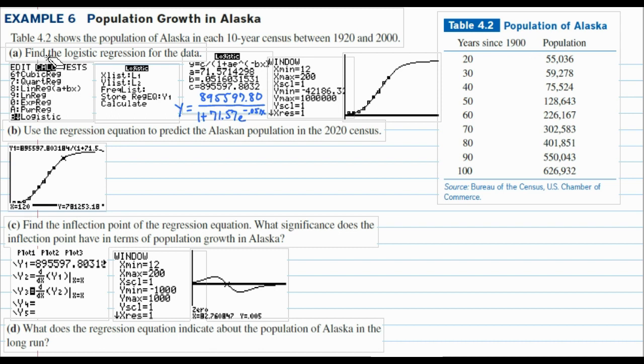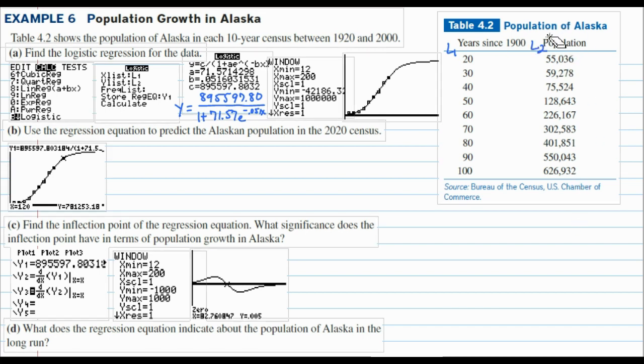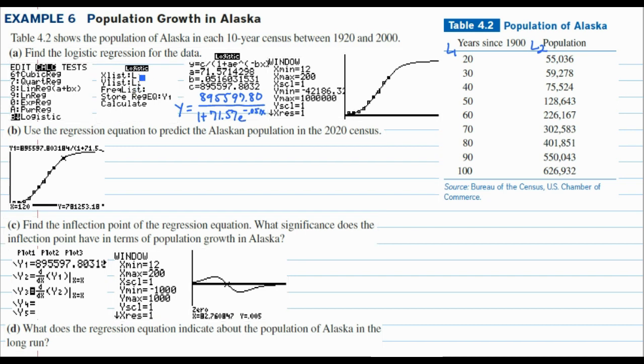Part A asks us to find the logistic regression for the data. Now that's something that we've done in the past, so I'm not going to show you that on the calculator. I basically put the years since 1900 into L1, and in L2 I put the population. Then I went to second, calc, then stat, arrow to the right to calc, and did a logistic regression, number B. I picked list 1 and list 2, stored it into Y1, and then I've got my equation,